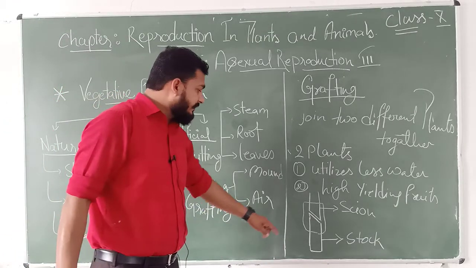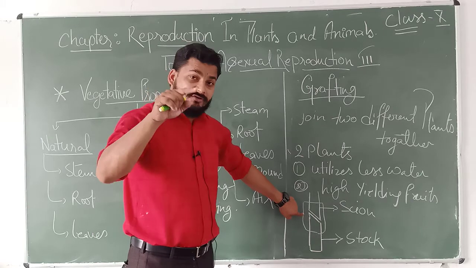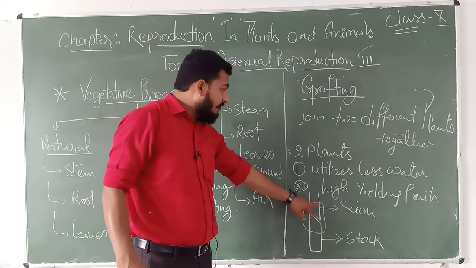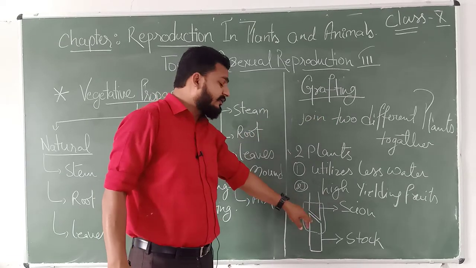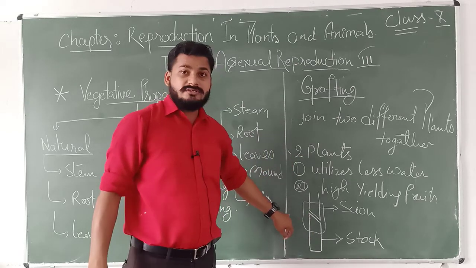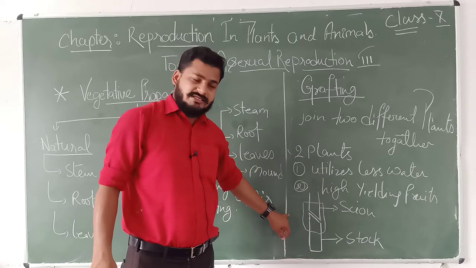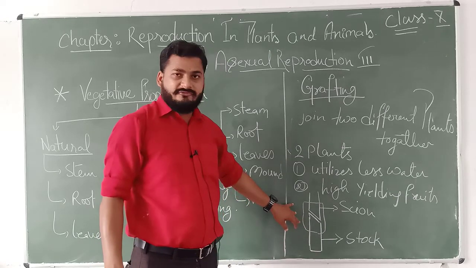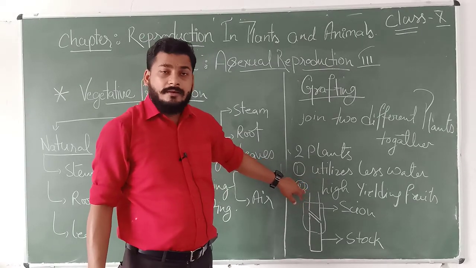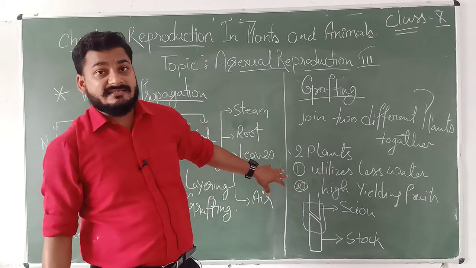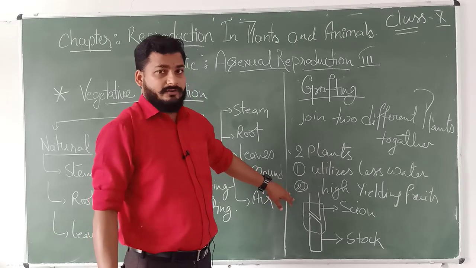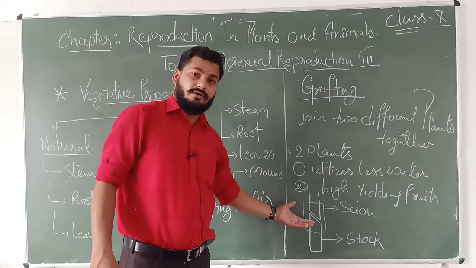In that technique, though we used the same mixture, it was the same plant. The development was of the same plant. But here we have taken two plants. We are trying to develop something new. In that case, something new was not going to be developed. Here, something new is going to be developed. In this case, we expect that the new plant will be utilizing less water and giving a large number of fruits. But it may not be the exact case, because we are not sure that it will work.